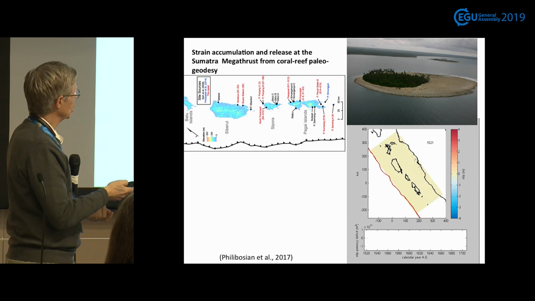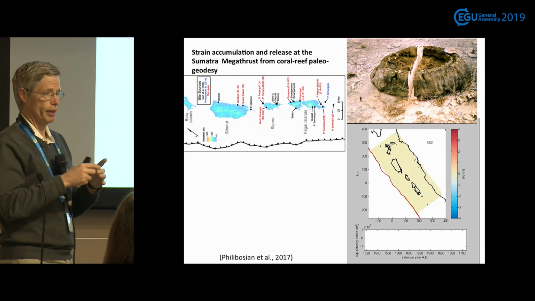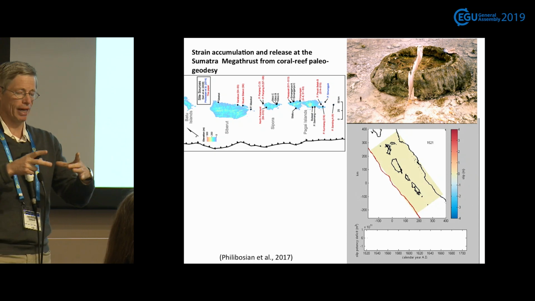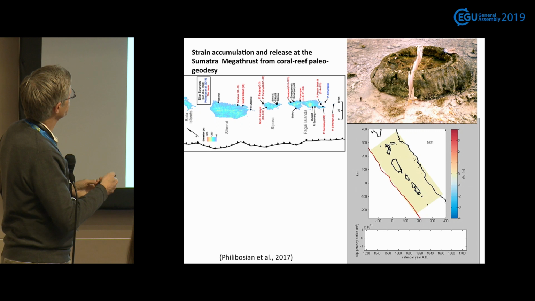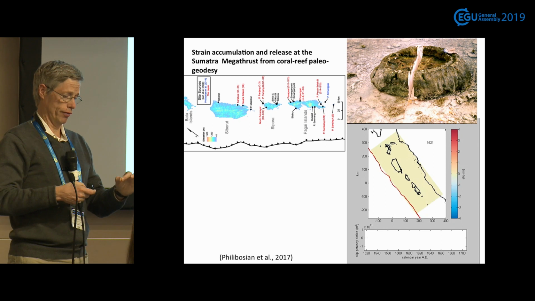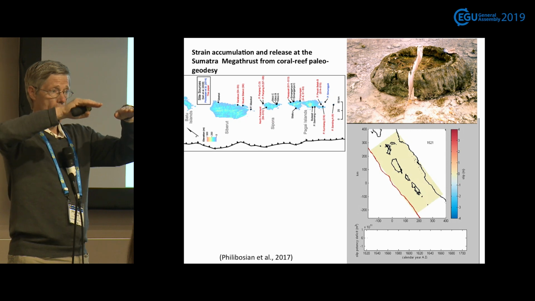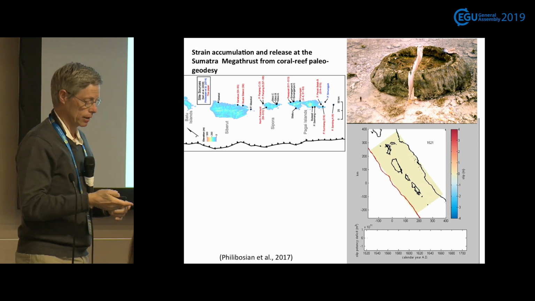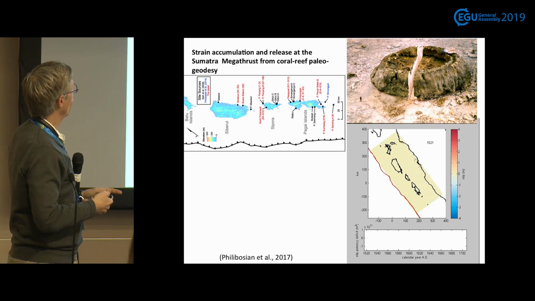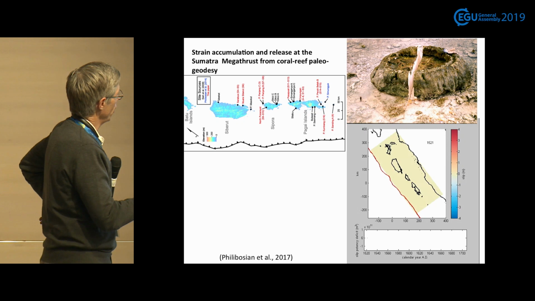And so what is interesting is that these corals that are forming the reef are a particular species, Porites, that grow like pancakes and that are tracking the sea level as they grow. And if you look at that particular sample, you can see that the center of the coral is lower than the rim. So that's an indication that the ground has been subsiding as time was passing during the growth of that coral head. So students working with Kerry Sieh, who was at Caltech and is now in Singapore, have been collecting